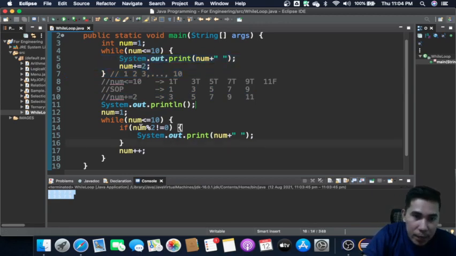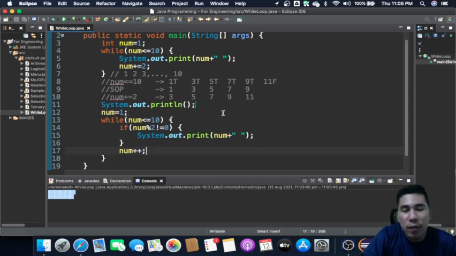But in here, the starting value is 1, which is the same, but the increment value updates by 1. So the looping is 1, 2, 3, 4, 5, 6, 7, 8, 9, 10. And every time it increments, it compares 1 modulus 2 if it's not equal to 0. So every number from 1 to 10 is divided by 2. If the remainder is not equal to 0, it prints it.